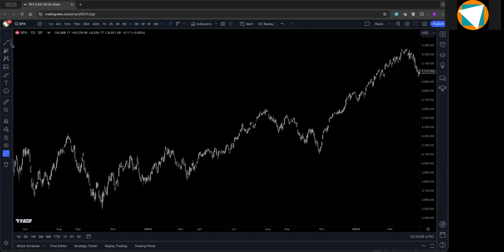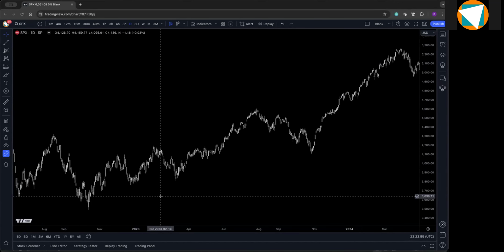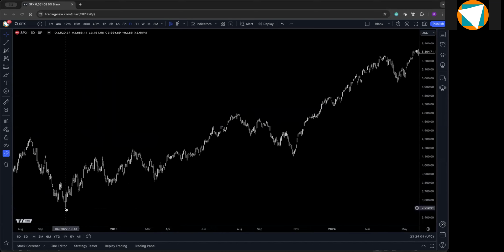as we switch over to a chart here and take a look at SPX. There's absolutely nothing on this chart right now. And one of the things that you may have noticed, I know I certainly did, is that coming out of the 2022 low here,